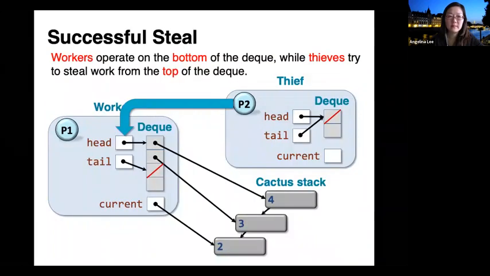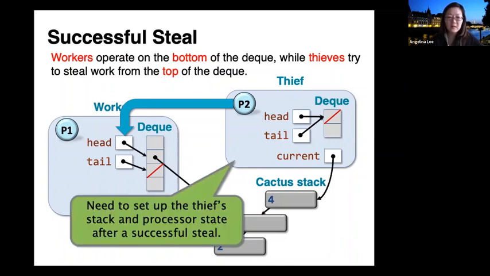Okay. Now, as I mentioned earlier, the worker operates at the bottom of the deck while the thief still works from the top of the deck. Okay. And so say in this case, the thief successfully steals the top of some deck, in this case the top of the deck corresponding to fib of 3, and worker 2, fib of 4, and worker 2 successfully steals that because they successfully pop it off the head of P1's deck.